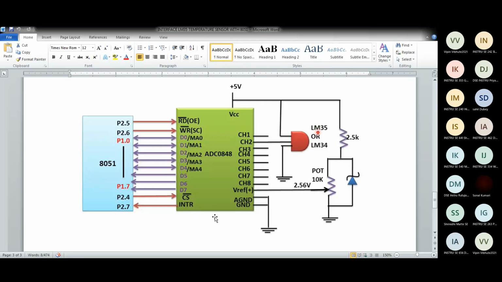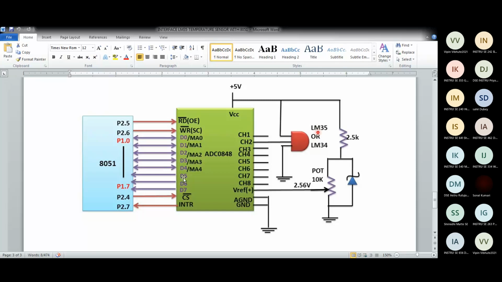As the ADC has two sections, an analog section and a digital section, there will be two grounds. A is the analog ground and plain ground is your digital ground. This has to be common. When you have isolated analog input, you can use separate grounds, but in this we have a common ground. So connect analog ground and digital ground to the common ground of the circuit. The input you can give to any channel, and 0804 has only a single channel, while this is multi-channel. Then you get a digital output over here.